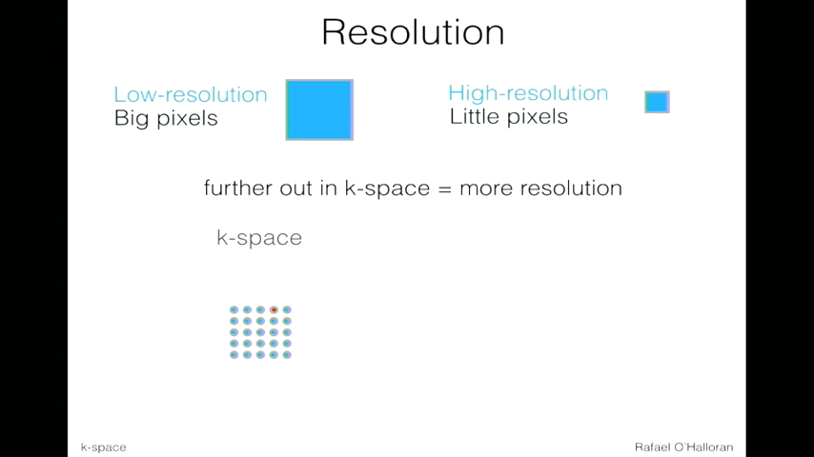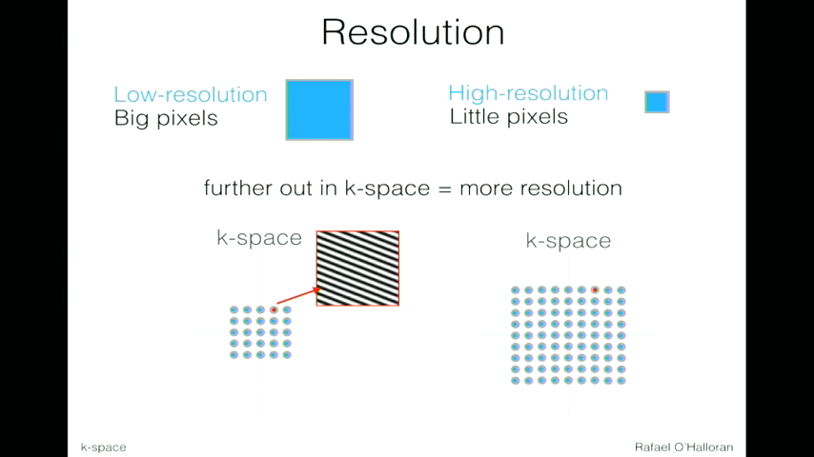So if this one on the left represents my low-resolution case, and let's say this is the furthest stripe pattern that I have, then if I go high resolution, I need to fill in more points in K-space, and the outside ones represent finer stripe patterns. So I'm acquiring more of these higher resolution stripe patterns to get the higher resolution. For the sequence,